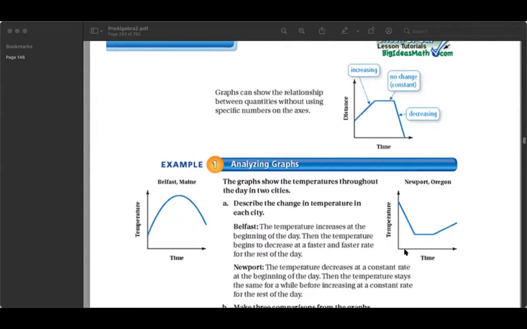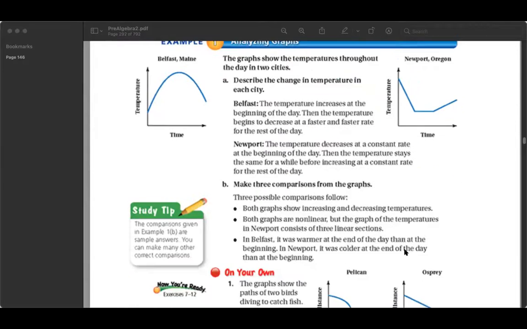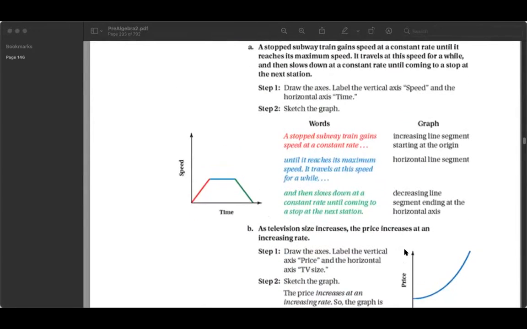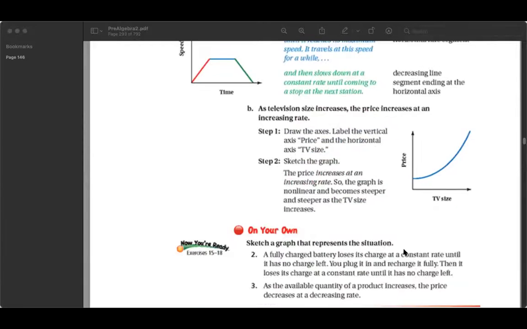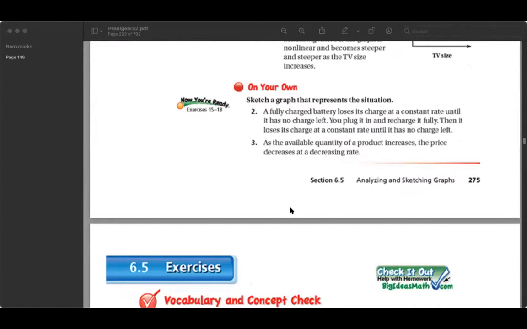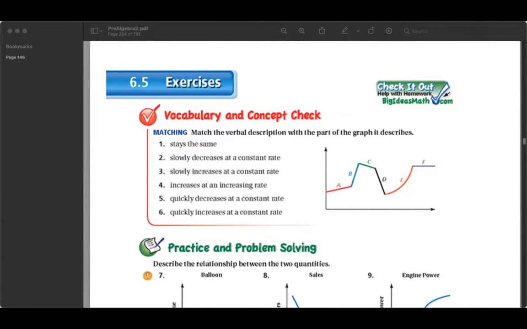Okay, let's see. Those are the ones we just did. Oh, we did those ones. Okay, here we go. This looks like it's a good spot. So this says,